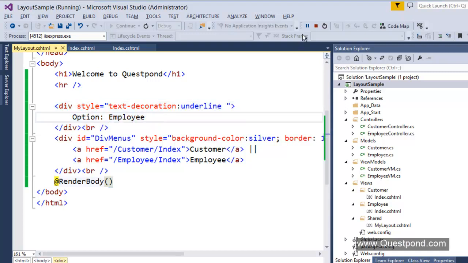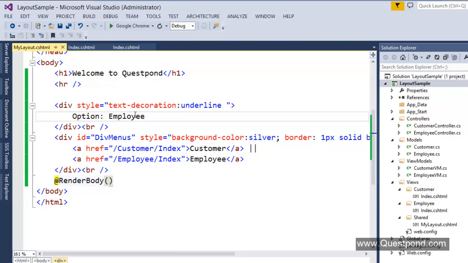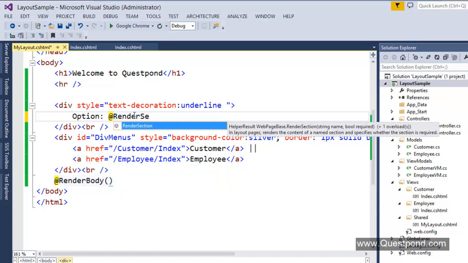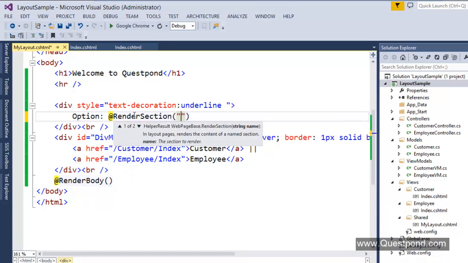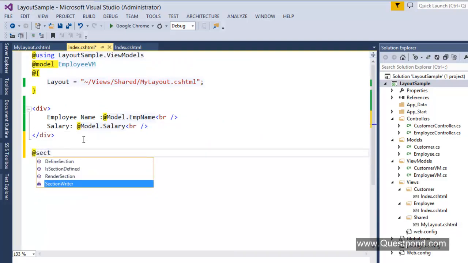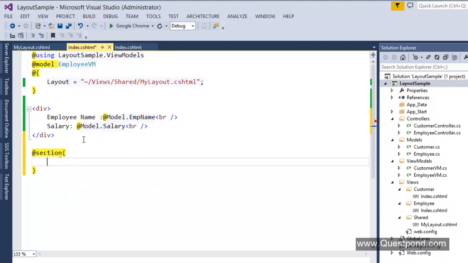So simply stop the execution, remove this employee from here, and say @RenderSection and put OptionName. Then we'll go to the individual view and say @section, brace bracket, enter, and now write down your HTML here.